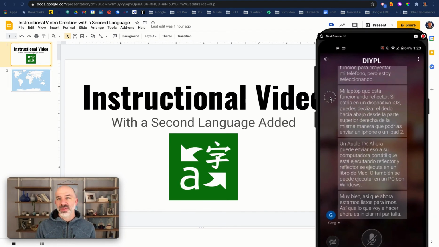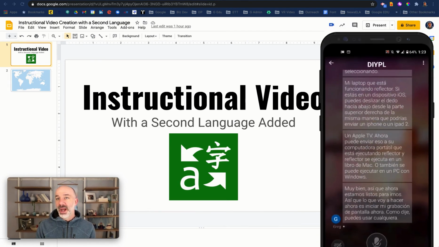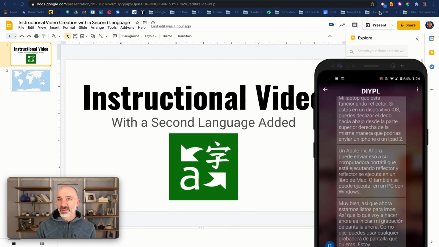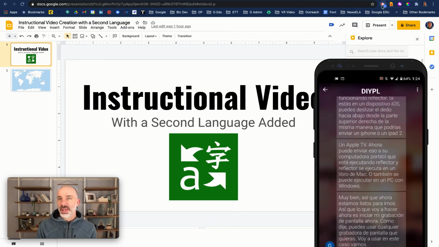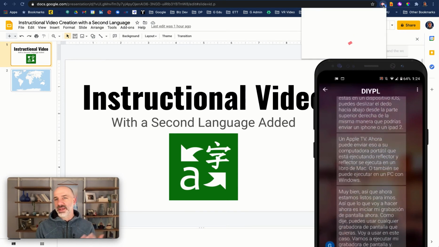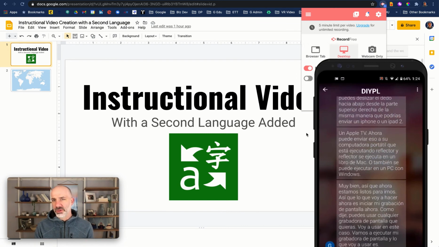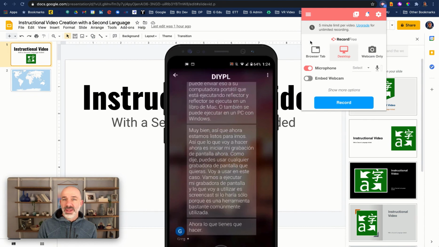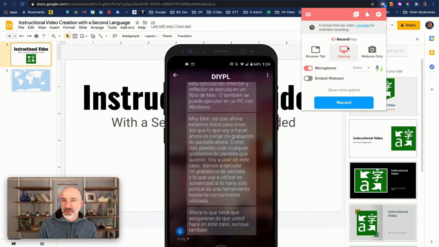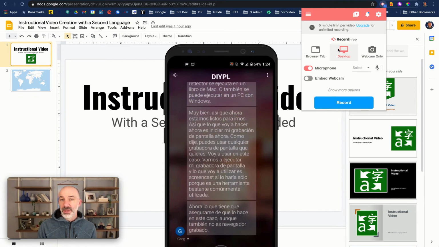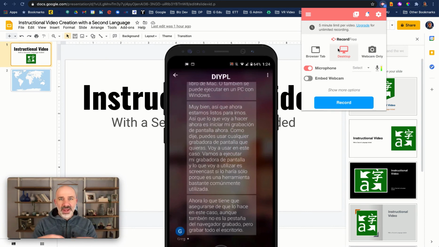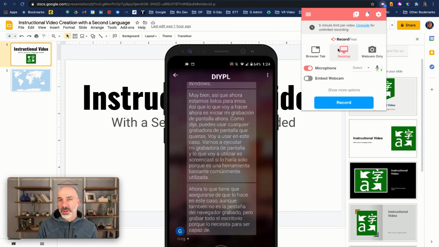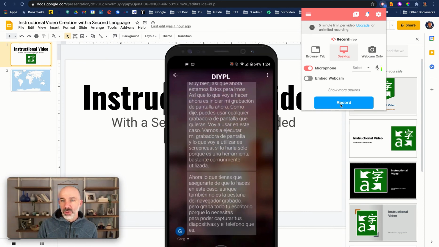Now, like I said, you can use any screen recorder that you want. I'm going to use, in this instance, Screencastify, just because it's a pretty commonly used tool. Now, what you have to make sure that you do in this instance, though, also, is not record a browser tab, but record your entire desktop, because you need it to be able to capture your slides and the phone that's being mirrored. So what I'll do is hit record,